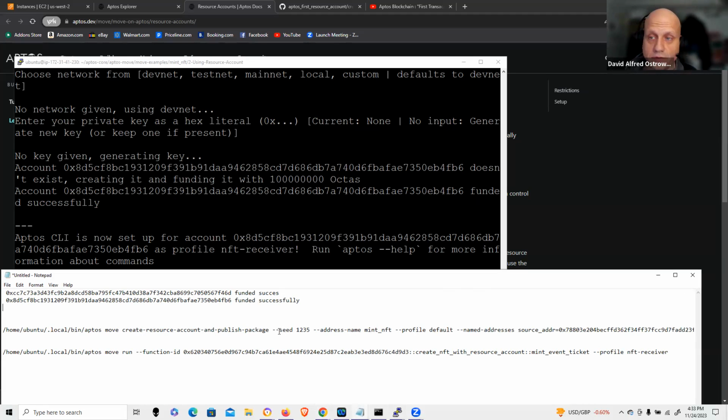Let's step through this, as I stage it offline because it's a lengthy command. I'm going to put in a seed number. I'm going to specify the address name for mint NFT, which I'll be relying on later. And then I'm going to default the profile, and that is going to say, hey, don't specify a specific address for the resource account. I'll just allocate one for me. And then I put name, address, source address, and this is the initial